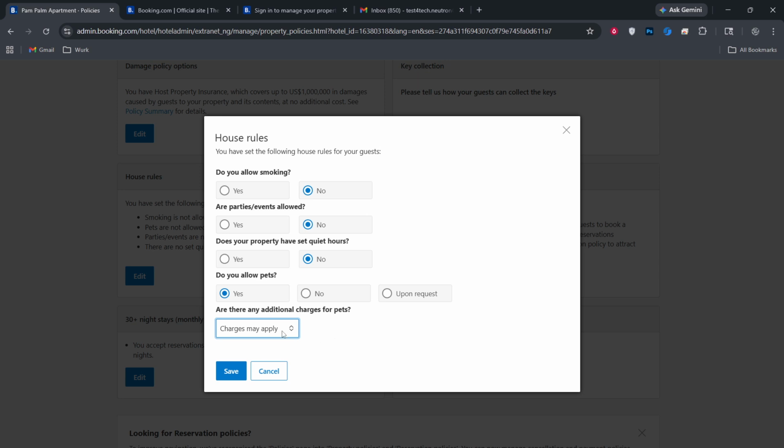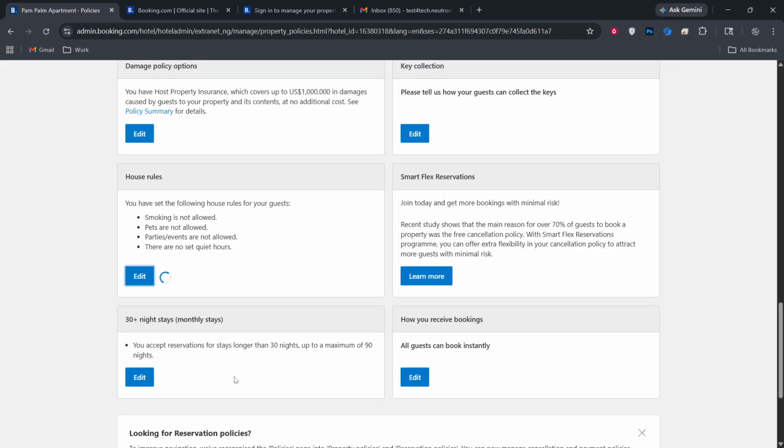Next, choose how the fee should apply: per stay, per night, or per pet. Per stay adds a single fee for the whole reservation, no matter how many nights or pets. It's straightforward and minimizes surprises. Per night multiplies the fee by the number of nights, which can make sense if cleaning or wear scales with length of stay. Per pet charges for each animal, which is helpful if 2 or 3 pets add noticeably more work than one. Pick the option that best reflects your costs and keeps your policy fair and consistent.